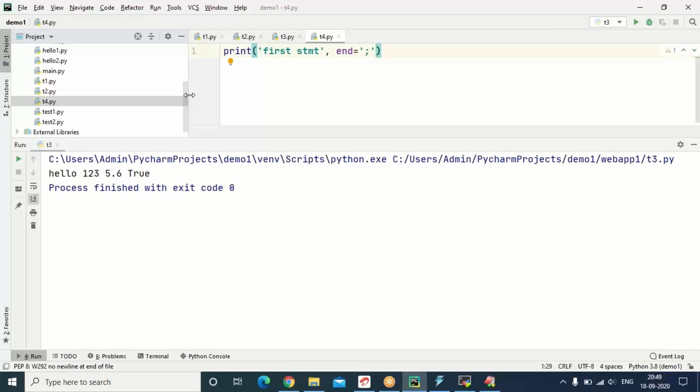I'm choosing separator as a semicolon. Control will be retained in the same line. But choosing what is the separator, you can go for different separators based on your requirement.